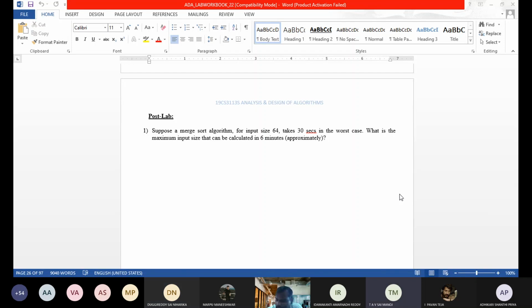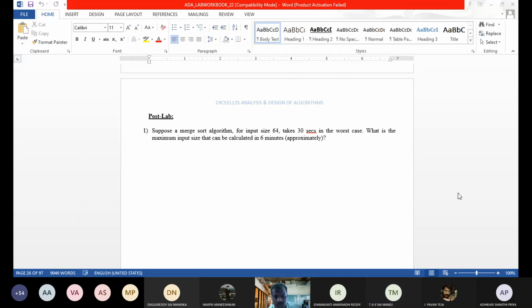Yes, sir. Suppose a merge sort algorithm for input size 64 takes 30 seconds in the worst case. What is the maximum input size that can be calculated in 6 minutes?